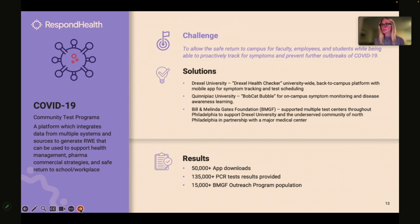As you recall, the symptoms kept changing over time before we had testing. Then we added testing programs and we added vaccine tracking programs, starting initially with Drexel University and Quinnipiac University. And at Drexel, building with funding and support from the Bill and Melinda Gates Foundation, one of the few domestic programs that they funded, to be able to do a COVID testing program and a COVID tracking and follow-up program in a community